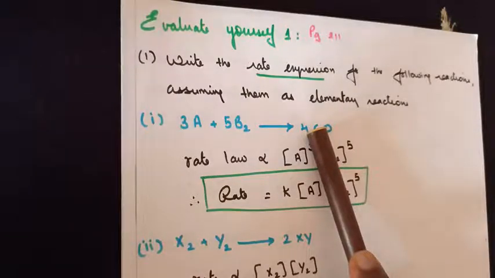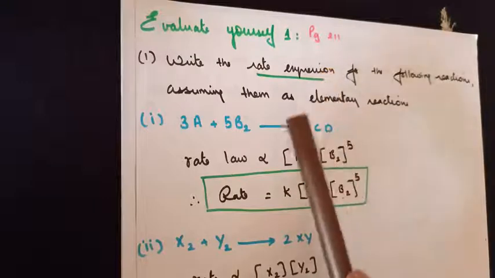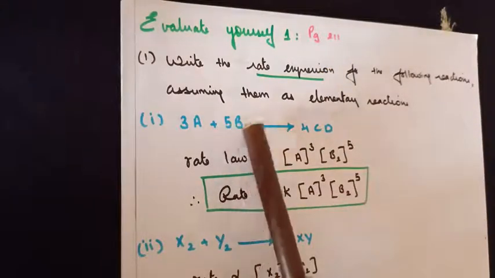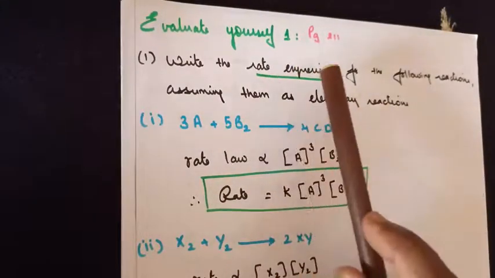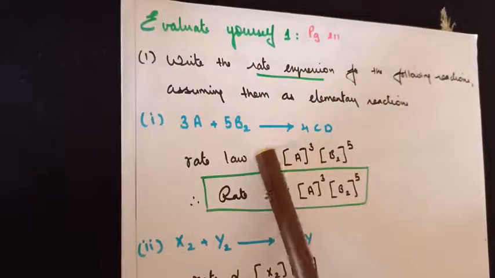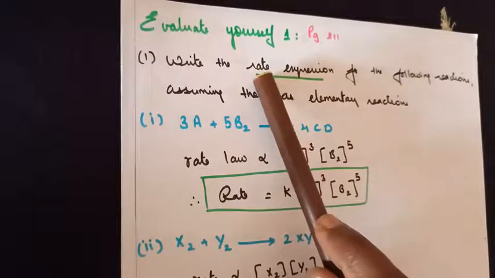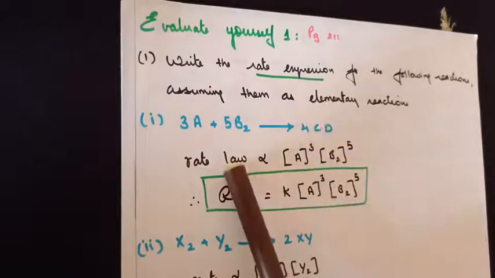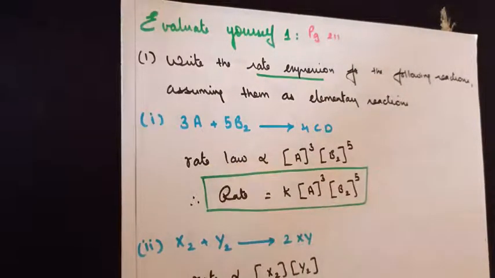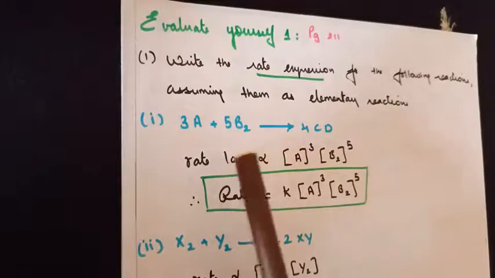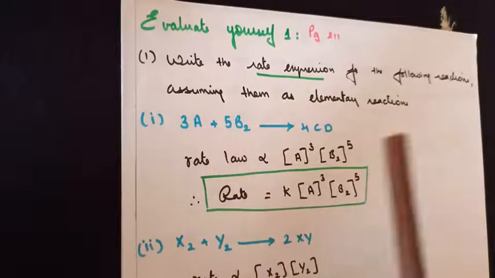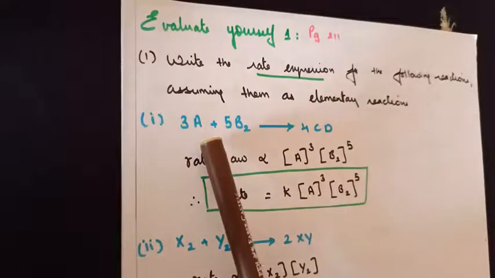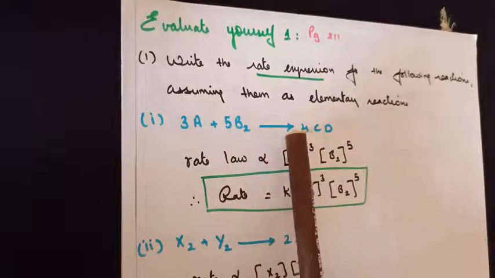In today's class, you will learn how to write the rate law for the given expression or a rate expression. They are one and the same. Either they can ask you to write the rate expression or write the rate law. You have to write the answer in terms of rate law. You have learnt in the theory part, rate law is proportional to the concentration of the reactant. Now in this case, their order is not given to you.